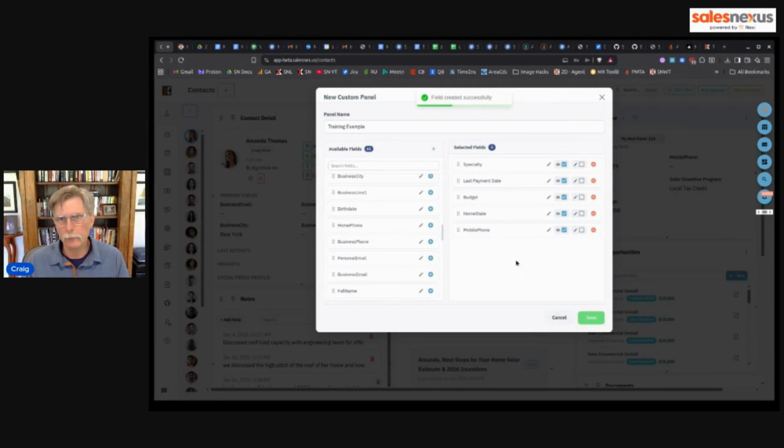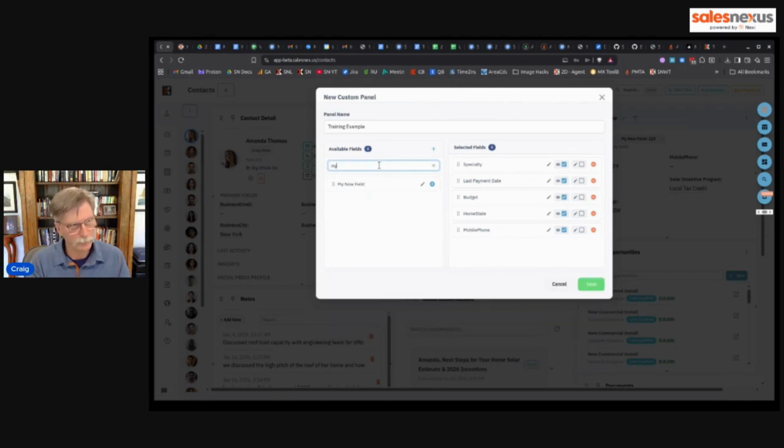So now we've created a new field in the database, and then we can just find it over here and drag it over. And one other thing about this, you notice these two columns here. This is defining if the field can be seen. And then secondly, this defines if it can be edited by the user. So if you don't check here, you can only see the field, you can't edit it, which in some cases may be appropriate. You want them to see something about their account, like their account number, but you don't want your sales rep to be able to change the account number. So now I save that,